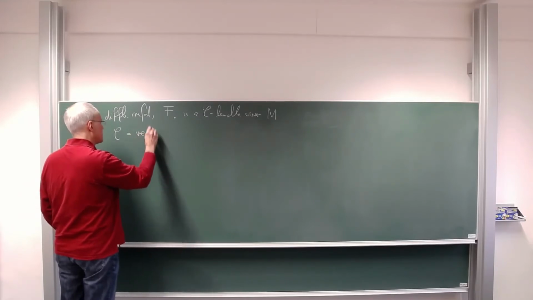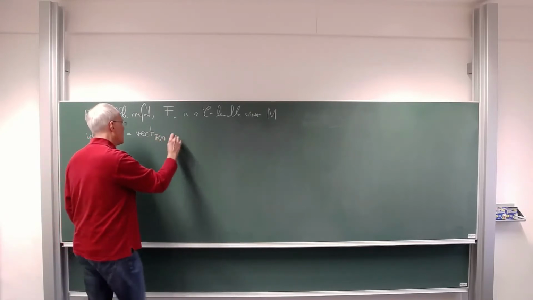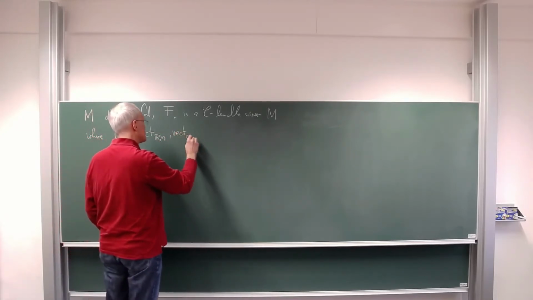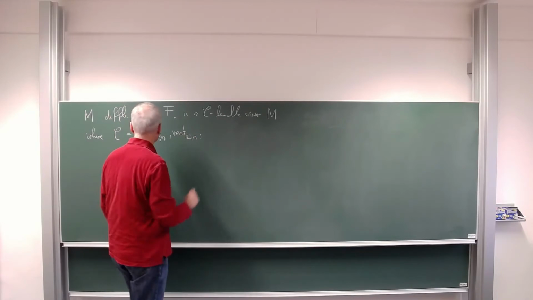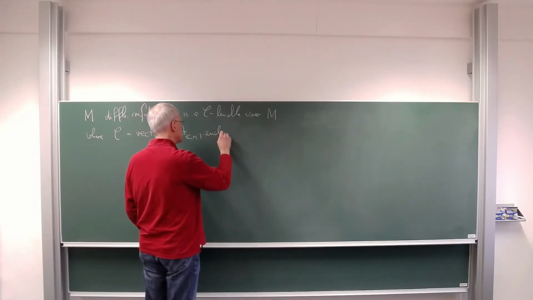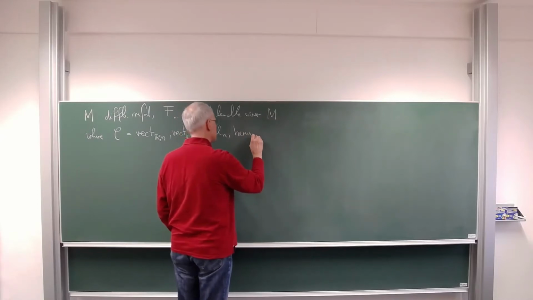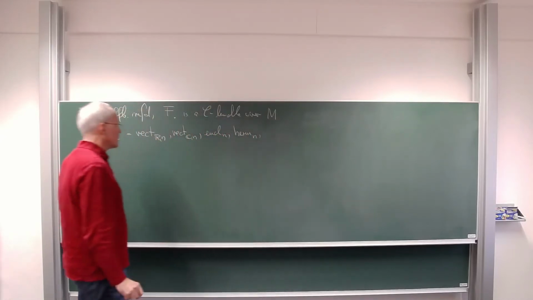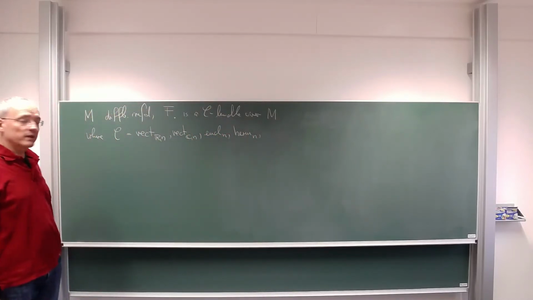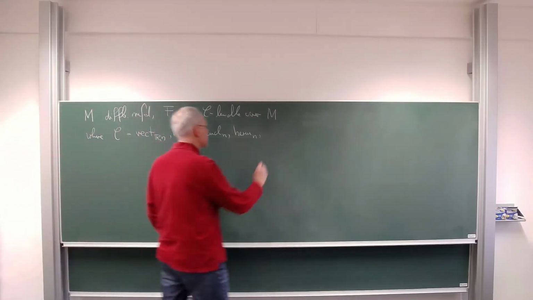Could be real vector spaces of some dimension, or complex vector spaces of some dimension, or it could be Euclidean vector spaces of some dimension, or Hermitian vector spaces of some dimension, or it could also be an oriented vector space